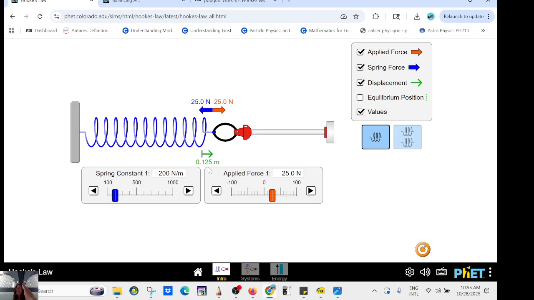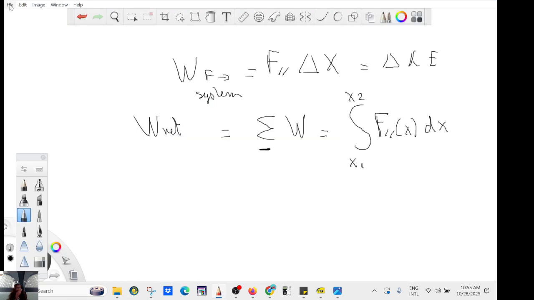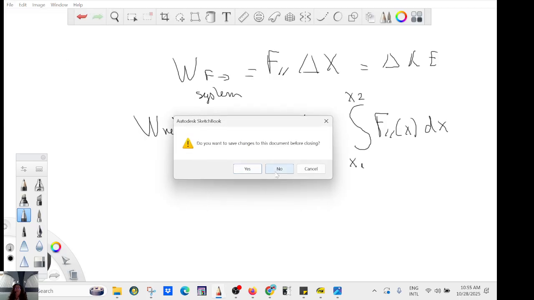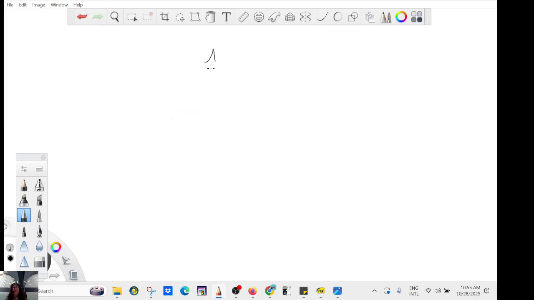Is that clear? Okay, that's called Hooke's law. It's very important if you do engineering in material engineering, strain and stress. So anyway, that force here,